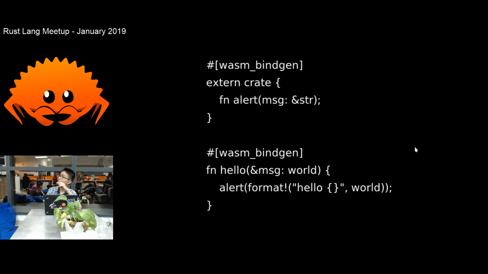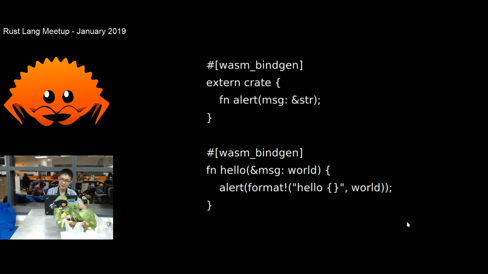Okay. So basically, it's something like this. You just need to put a wasm bindgen on the top. This one on the top. If you take the JavaScript functions and put it into the local namespace. Yeah. Oh, this is like a bridge with a JavaScript function. Yes. It's like a generator. So basically, you let your Rust expose the alert to your Rust code, and then for